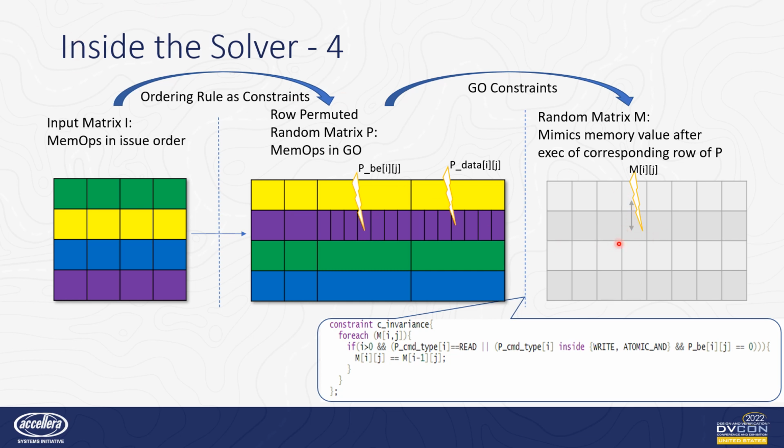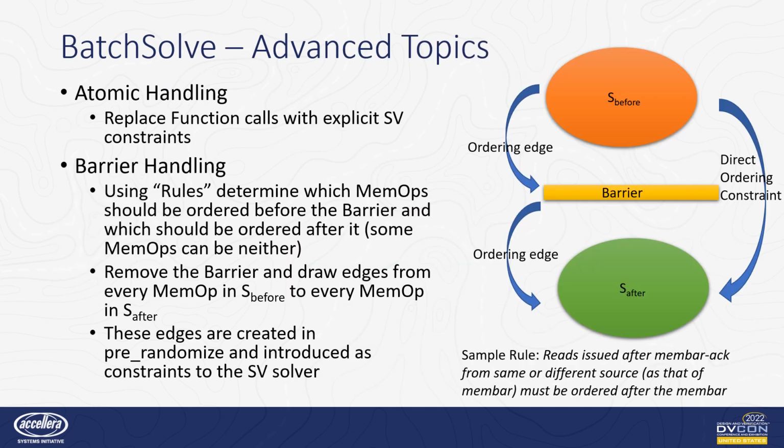And so with these three constraints, if we solve together, we'll make sure that the rows of P are in global order. And separately, we have written ordering rule constraints. So if we solve everything together, we will see if there exists a global order subject to all the ordering rules. Now that we understand at a high level how stimulus batching happens and how BatchSolve determines whether there exists a GEO or not,